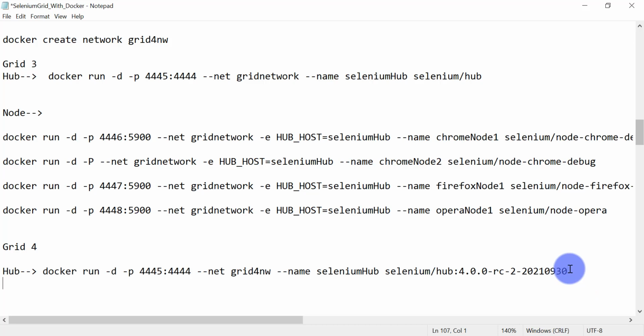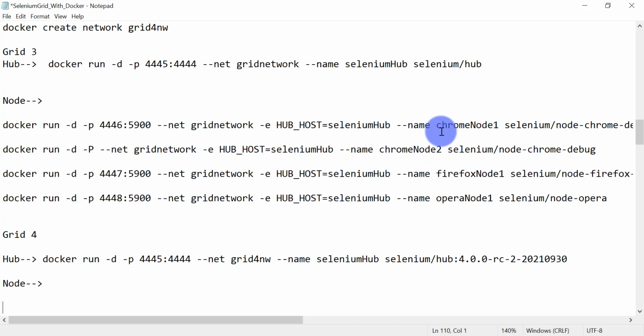Now let's write the Docker command for creating the node containers. First, let's create the container for our Chrome browser. Docker run -d, run in background, then -p. Here I am going to specify the specific port that I want to publish, and map the same port here.